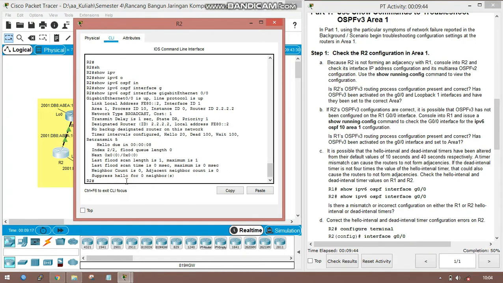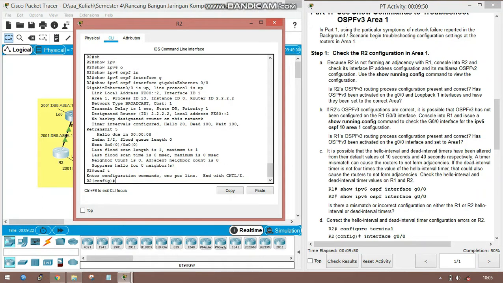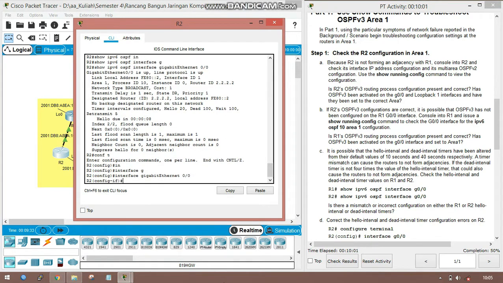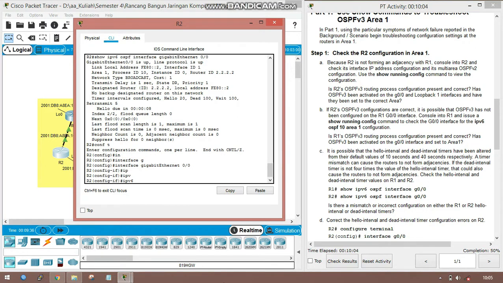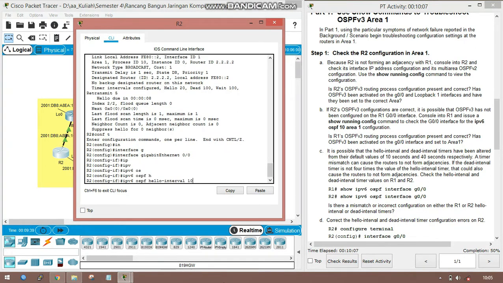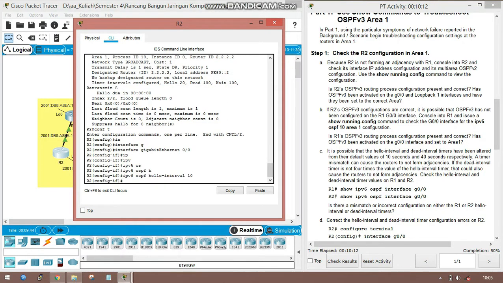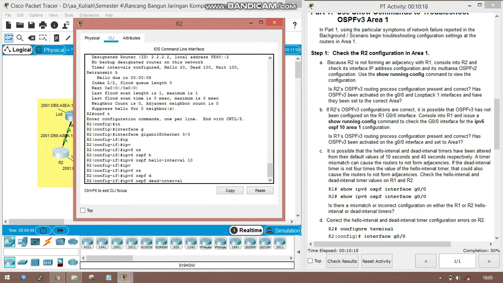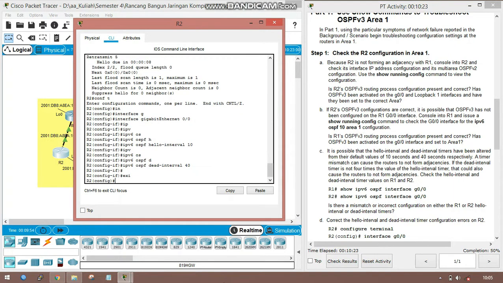Kita masuk ke global configuration mode dengan perintah configure terminal. Kemudian kita masuk ke interface gigabit Ethernet 0/0. Kemudian kita setting IPv6 OSPF hello interval 10. Kita ganti hello intervalnya menjadi 10. Kemudian dead intervalnya, IPv6 OSPF dead interval menjadi 40. Oke, kita exit, kita lihat